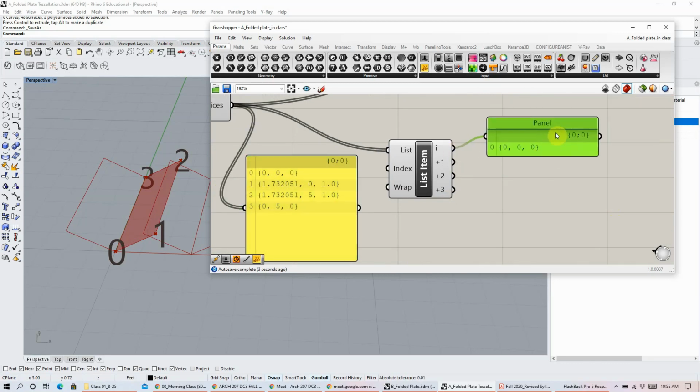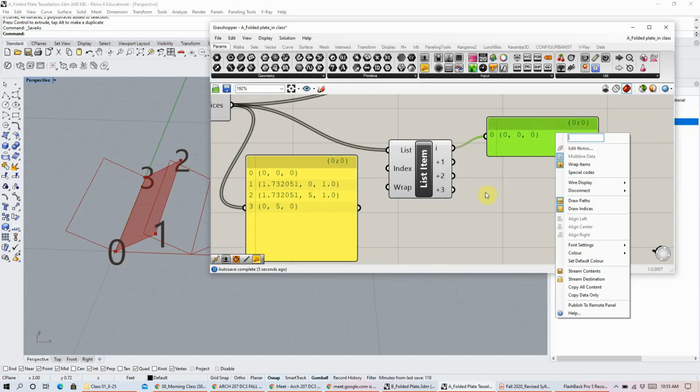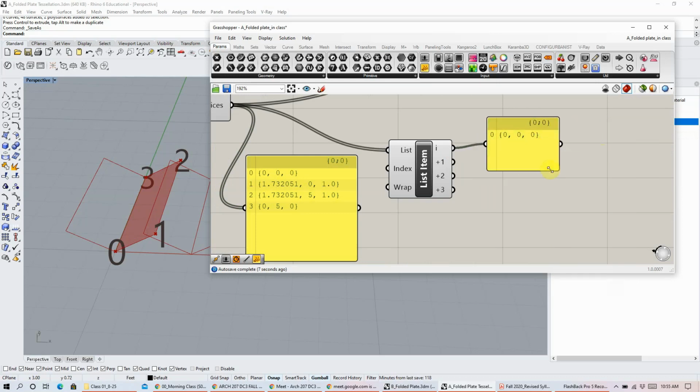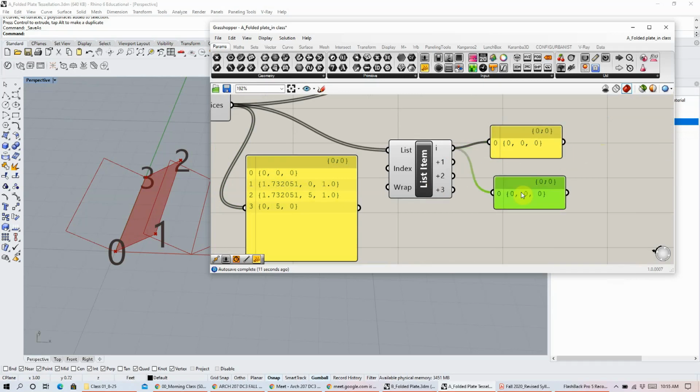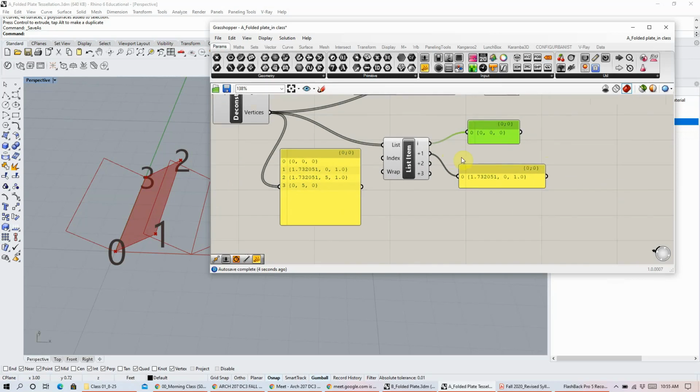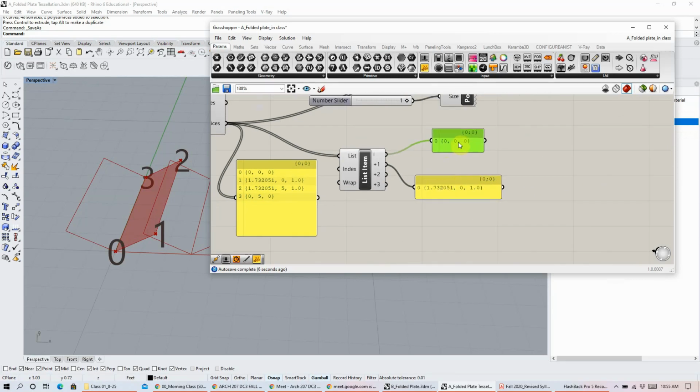Okay, and I can actually delete this, so it's just that. Okay, and then if I want to copy and paste, I can grab this, and now I have the second point. Okay, so that gives me this first one, but now I want to